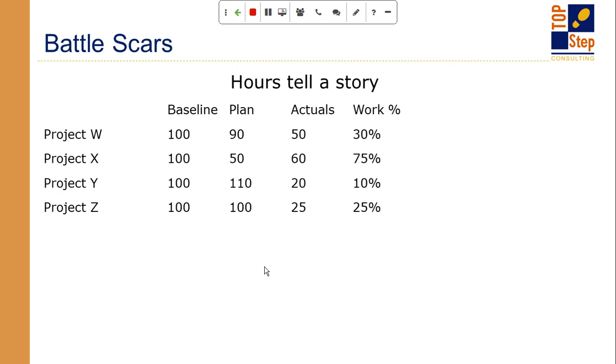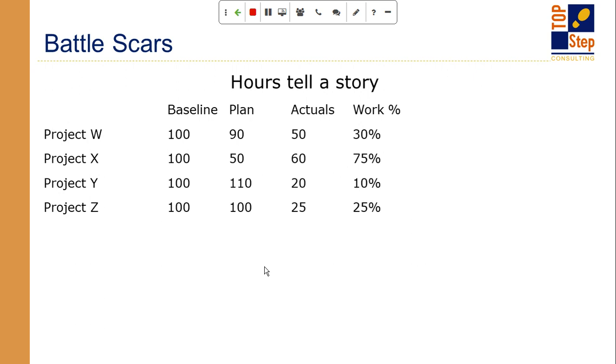So I'm going to go through these stories, and then on the next slide I'll evaluate what situation I'm really in when I look at this. If you're not doing any other math and you're saying, oh, 30% complete, 50 hours, I'm under budget, I should be okay, right? But that's not actually the case in this situation.